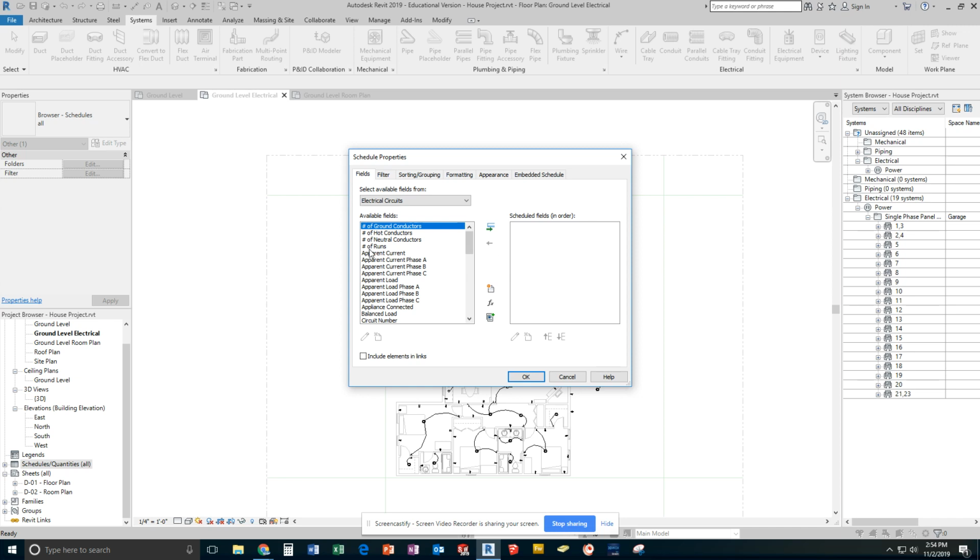Now this is where I can put in the columns that I want. The first column that I'm going to want is circuit number. So I'll slide that over. The next one that I want is pretty much all the way near the bottom, and it is voltage, to show me whether it's a 120 circuit or a 240 circuit. The next thing I'm going to want is the number of